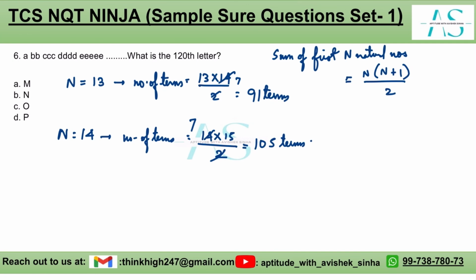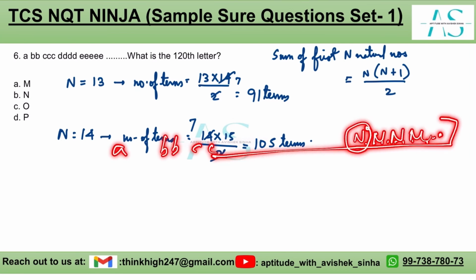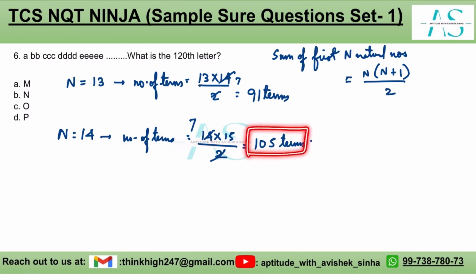It means the 14th term is n, so till the 14th term, n would be 14 times. If we start from A, B, B, C, C, C, and go up to these many terms, we have covered 105 terms. Now, from the 106th term onwards, we are starting with n equivalent to 15,